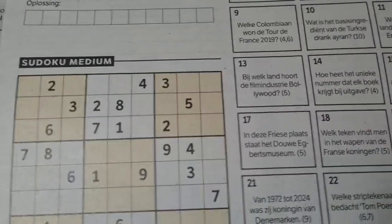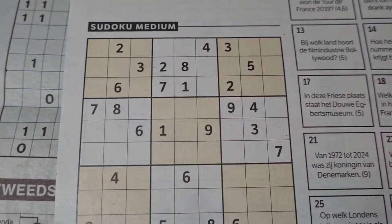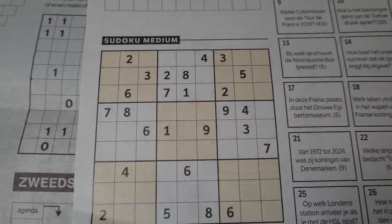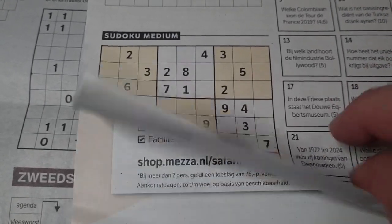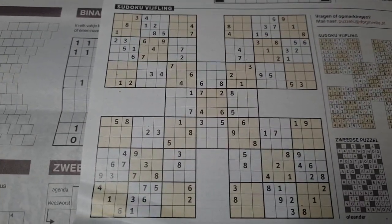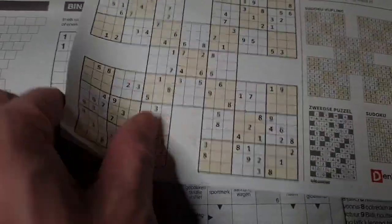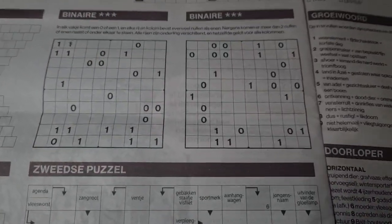We have here two regular puzzles, and those puzzles are the Medium Sudoku, which I will solve in a minute, and the regular Samurai Sudoku. This one I will solve on Sunday evening. And in today's newspaper we have a puzzle page with